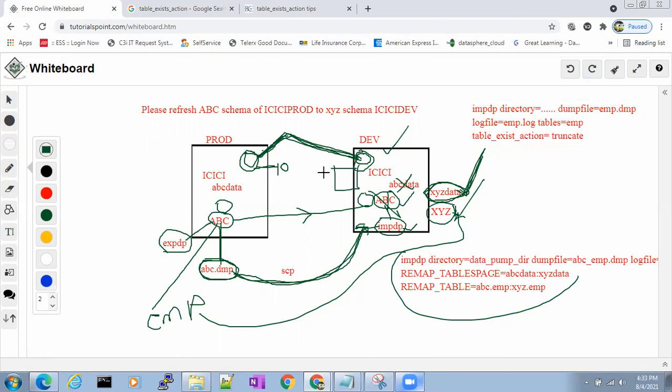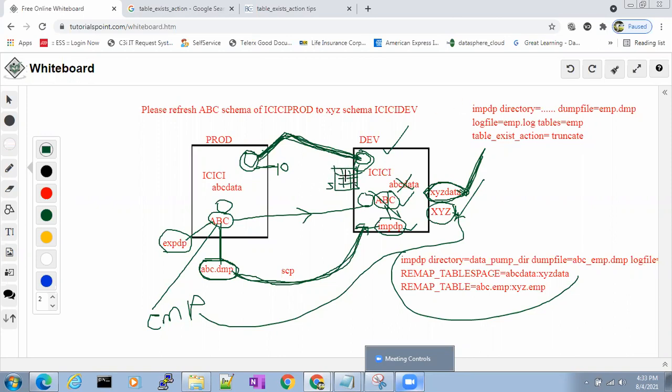Can anyone tell me how many rows? 5. Already 5 rows are there. Now we have to take this table, export these 10 rows and import them here. When you use table_exist_action is equal to truncate, what happens is,